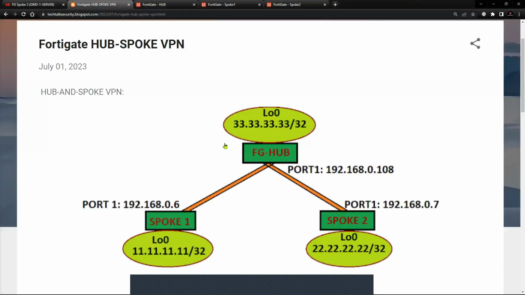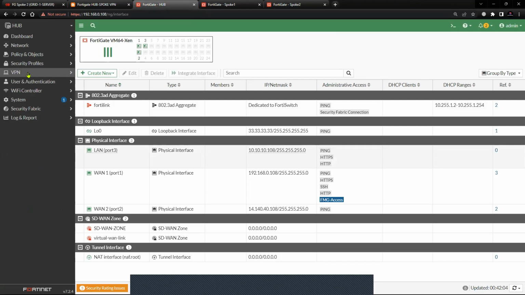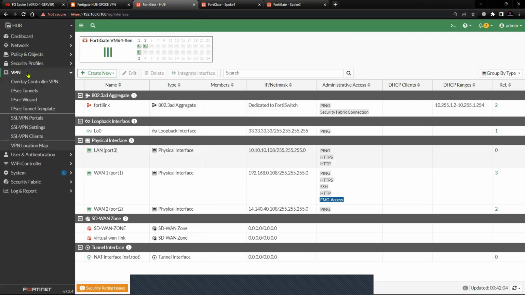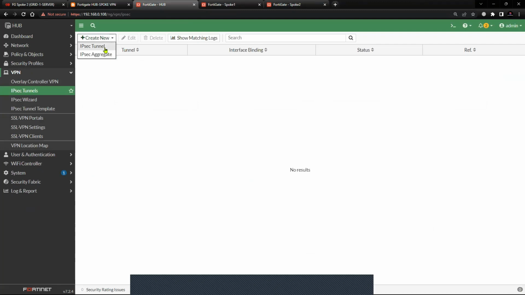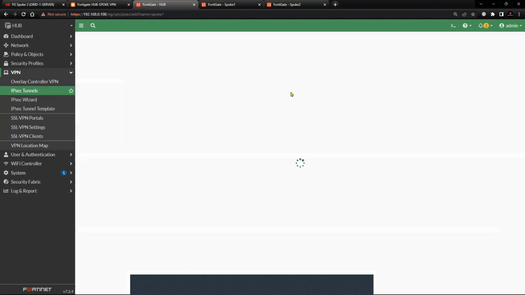So first, we will configure the VPN towards spoke 1. Let's try to configure that on hub. In this video, I'm going to configure a custom VPN, but in the coming video, I'll show you how you can use the IPsec wizard to configure hub and spoke. Click on Create IPsec tunnel, name it as spoke 1. And then I'm going to click Custom, click Next,